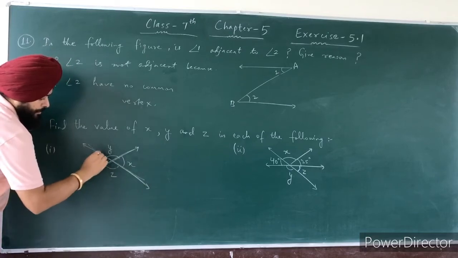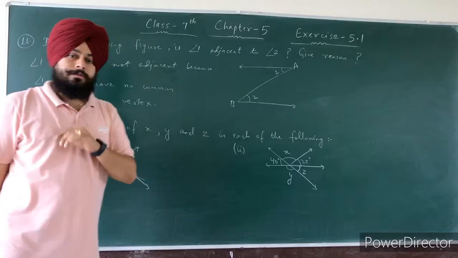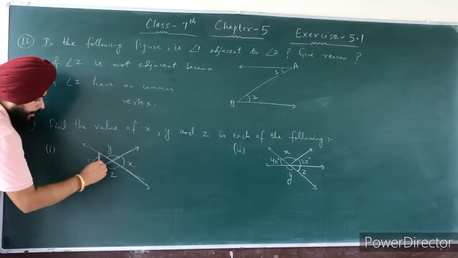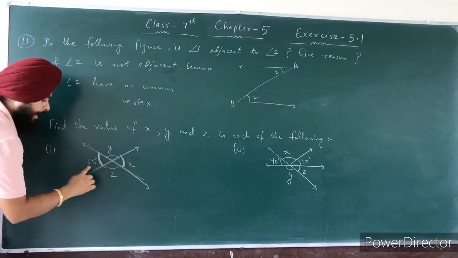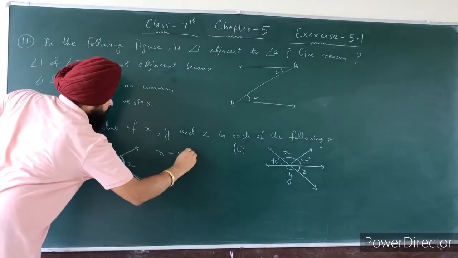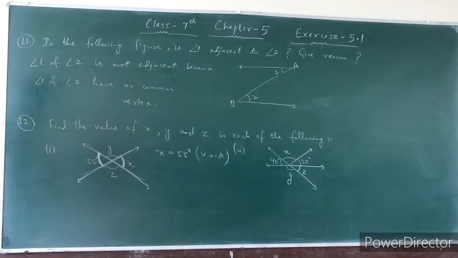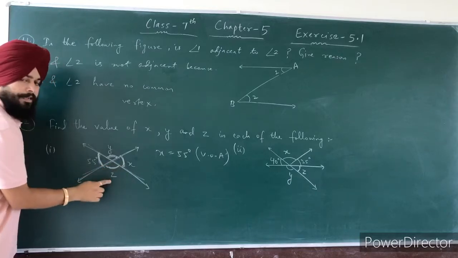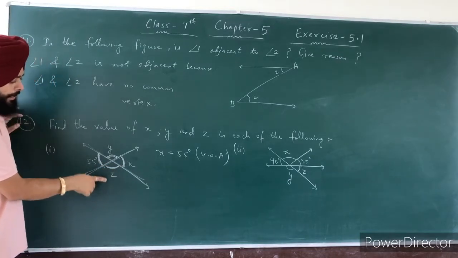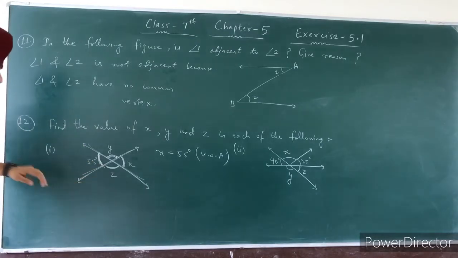So there are two pairs of vertically opposite angles. There are two pairs. So vertically opposite to this angle is which one? Angle x. That's why angle x is equal to 55 degree. So you can write the reason: vertically opposite angles. Now next, this angle y is opposite to this angle z. But now we have to find one of the values, either y or z. So you can write here